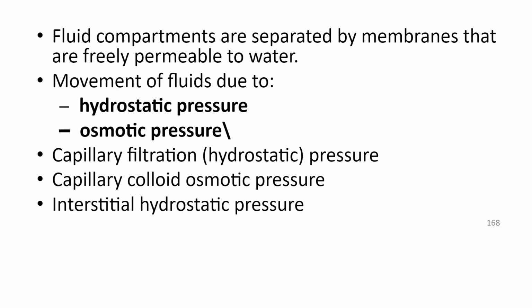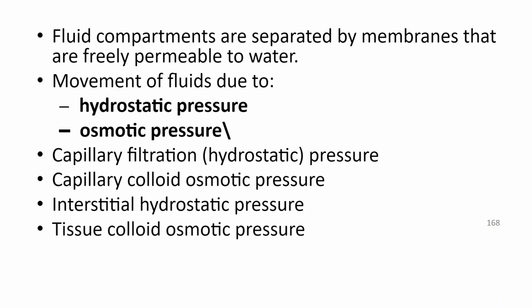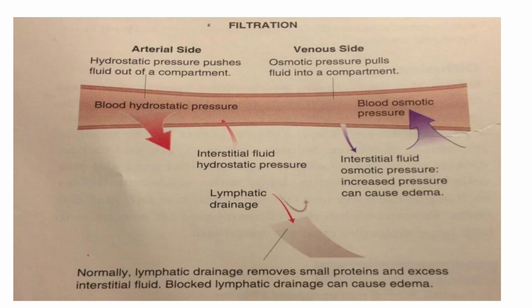Like when you sit, the weight of your body acts upon the tissues, and that weight of the body would be displacing the fluid from the interstitial space to the exterior, and hence the amount of the fluid in the area could be slightly lesser, and once that pressure is released, again it may come back to normal. And then of course the tissue colloid osmotic pressure also is one of the mechanisms.